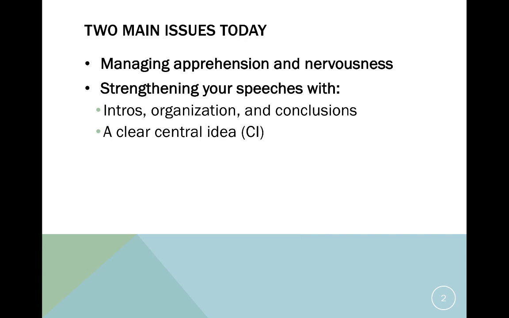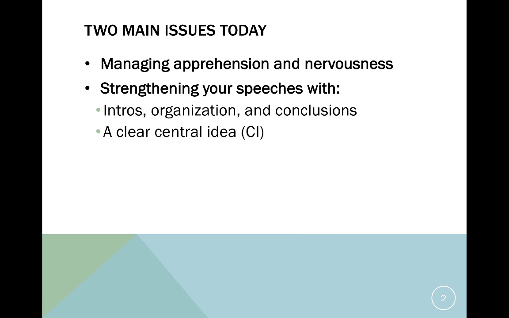And I also want to introduce you to the idea of having a clear CI, or a clear central idea in a speech. Now, this is something that you might not have heard of before, but I guarantee you, once you learn about a CI in the speech, what you will find is that when you listen to speeches that have a clear central idea, like when you're sitting in the audience, you will automatically be more tuned into that speaker. You will be more engaging with your nonverbals to that speaker. You will follow along better. And these speeches always come along as stronger. When it's missing, you're going to notice.